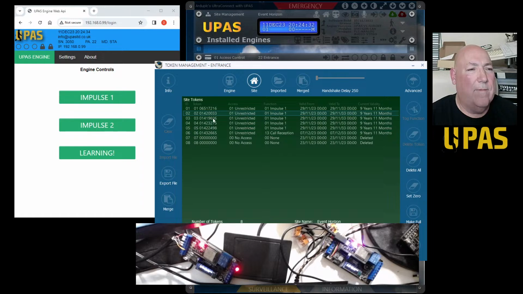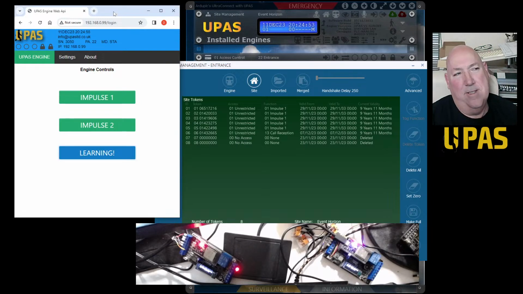So this list, I need this list to come up in here. Probably only when it's standalone. Only when you've logged in as well. But once you start, you've got the access control desktop system that does it all for you anyway, everything. And the web API was never designed to take over the job of this. It was just so you could do a few things like impulse the relay. As you can see down there, just click the relay. It's impulse 2 because one of my first controllers has 2 relays on it. It'll show impulsing, but it won't actually impulse it.